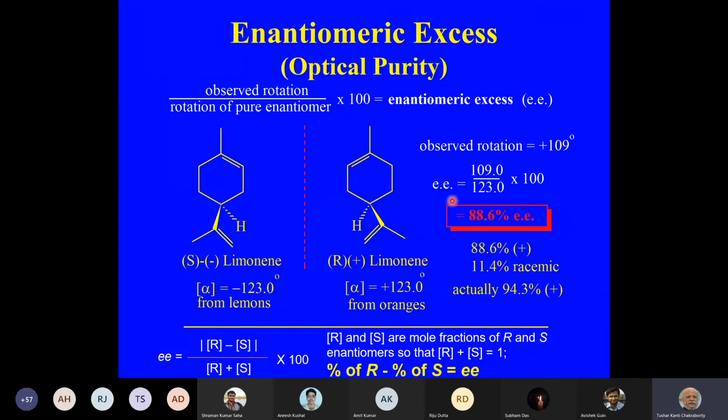So if you determine the specific rotation of a substrate that has been given to you, suppose there's some sample of limonene, and you can see that its specific rotation is plus 109. But the specific rotation of the pure form of the limonene is